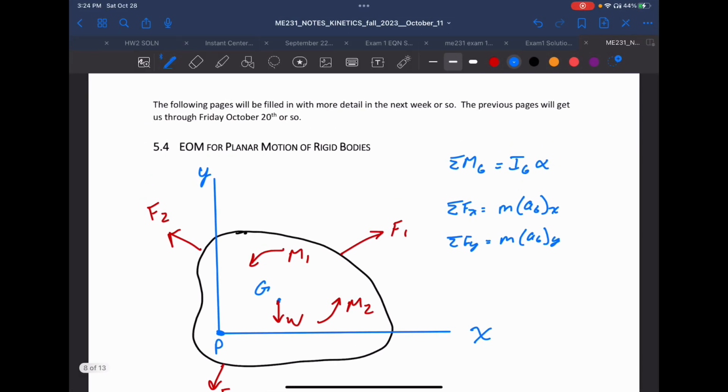All right, I'm gonna go through some of the basics that should have been covered last week in probably this video and maybe one more. Probably split it up. But we're basically just looking at equations of motion for planar rigid body motion, which is not that different than the particle motion that we've already looked at, but there are some extra terms to deal